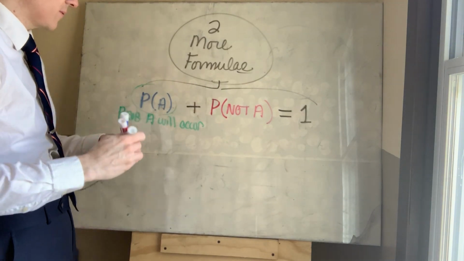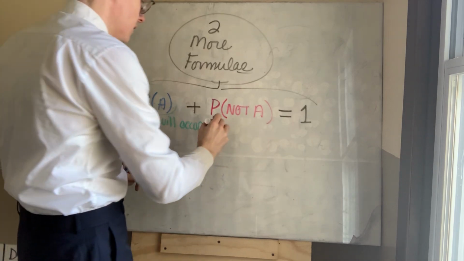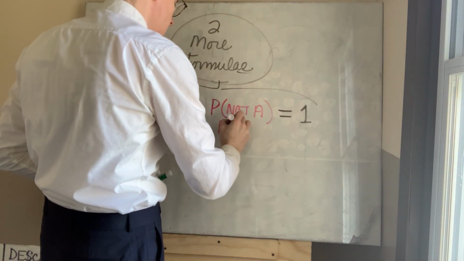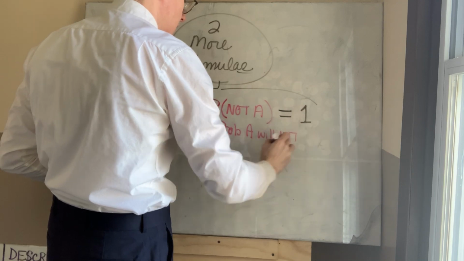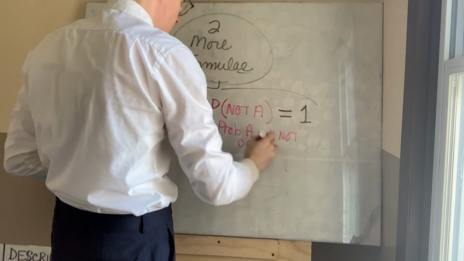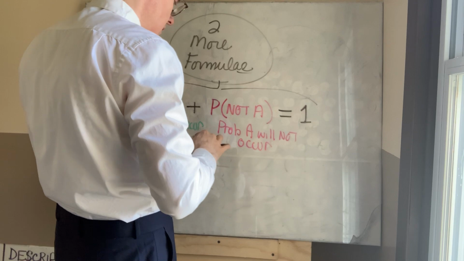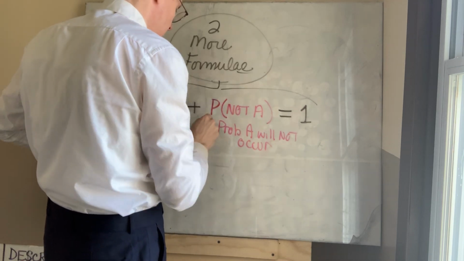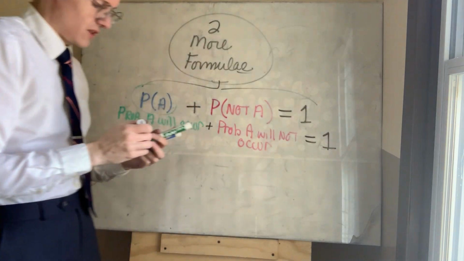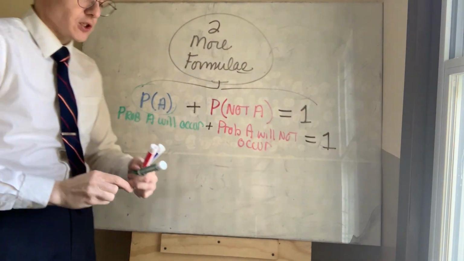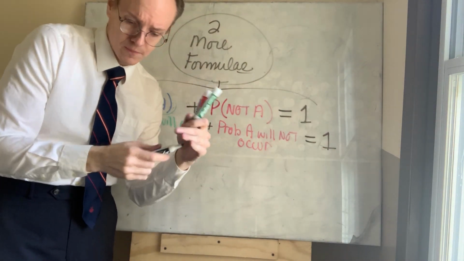Plus the probability A will not occur is equal to 1 whole,